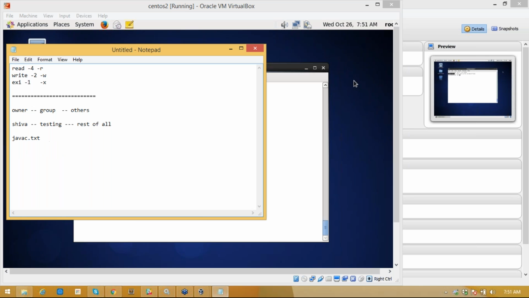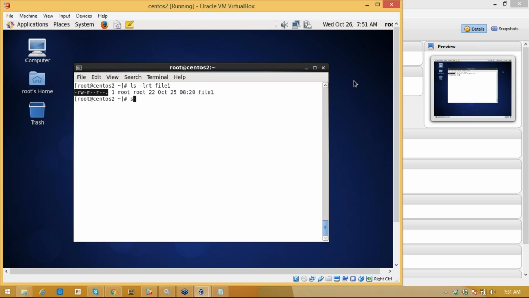Let us say we have a Raghu user. So let us say su, switch user Raghu. Now I am in the Raghu user. Touch is a command to create empty files, null files. I am creating a file called java.txt. It says that it is in the root directory, you cannot create it. I'm going to my home directory so that I can create it. Now here I can create it.